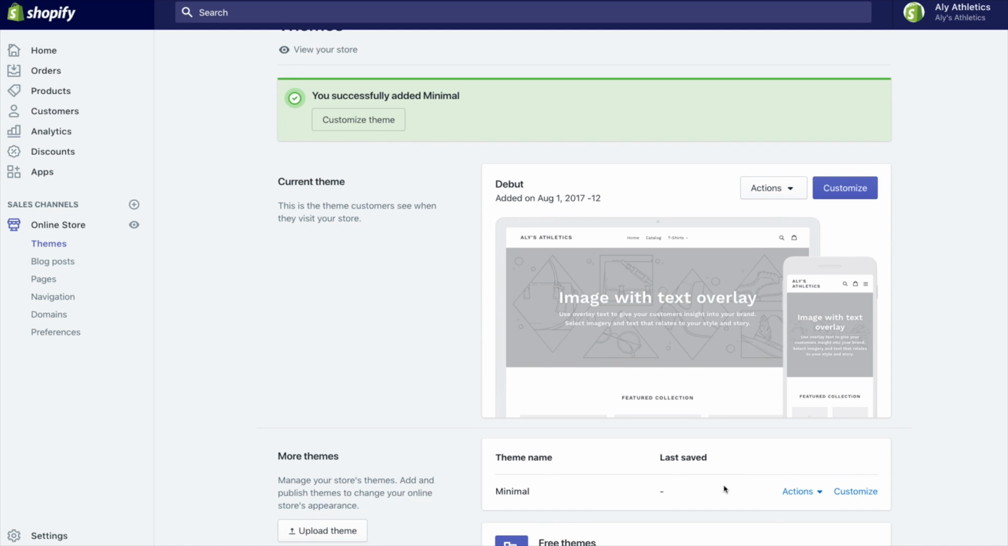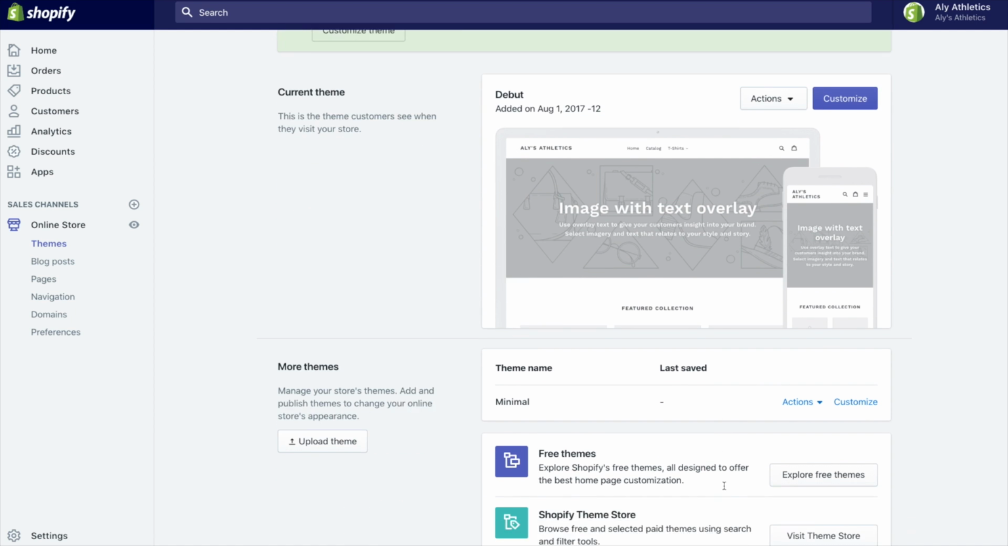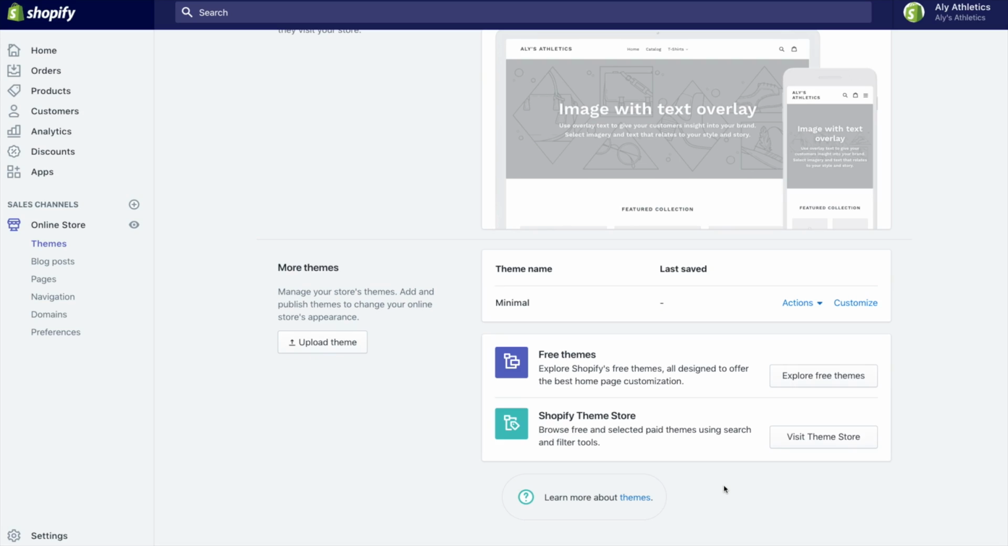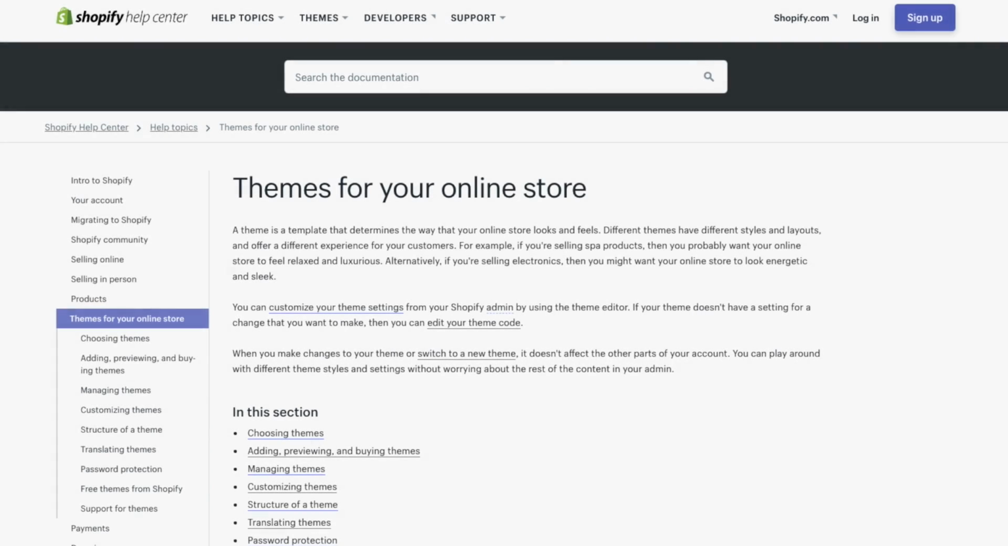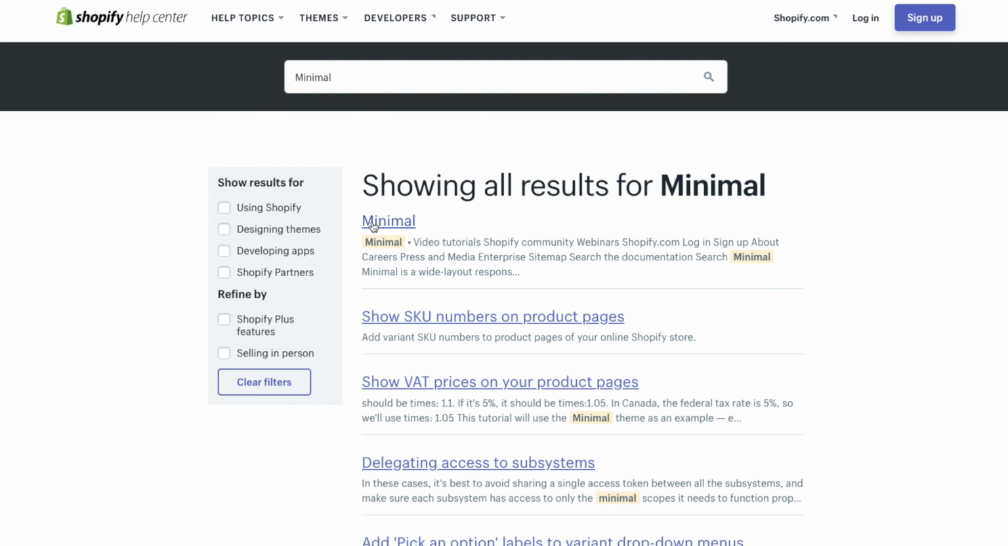To read more about Shopify-created themes, click the Learn More About Themes link at the bottom of the page. This will open a new tab that directs you to Shopify's Help Center. From the newly opened page, you can read more about how themes work, or you can type in the theme title you have chosen. For example, by typing Minimal into the search bar and opening the article, you will see